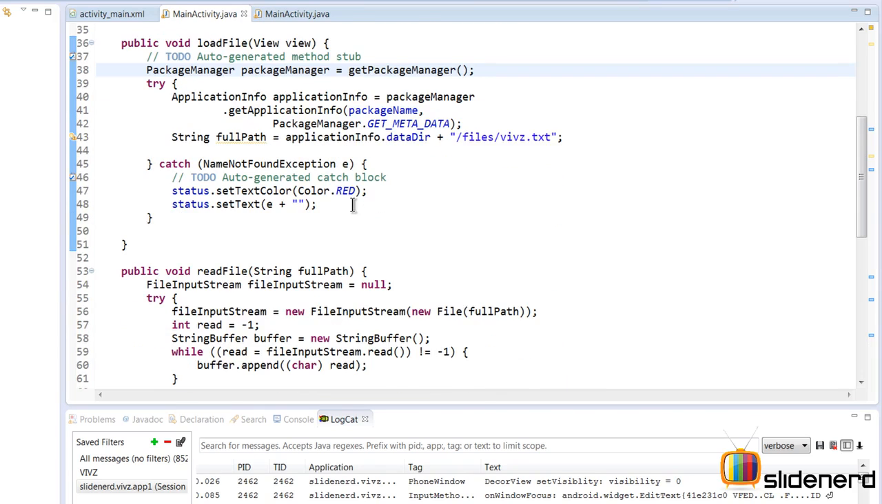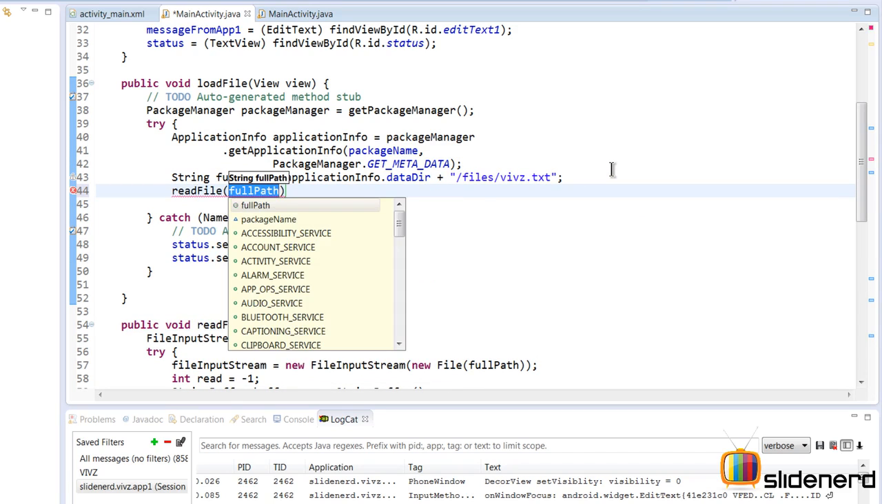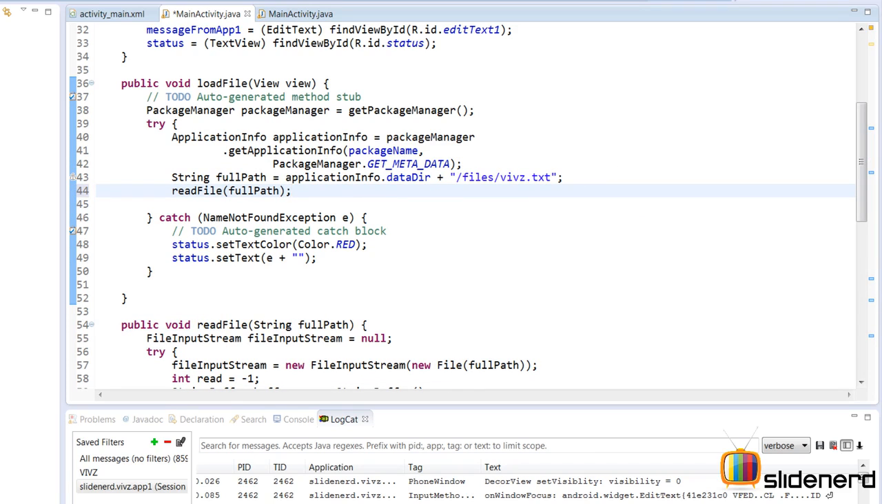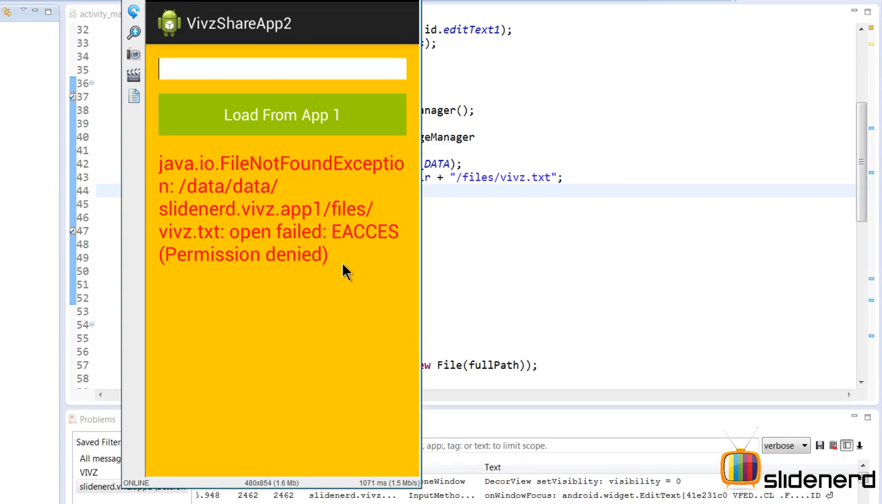There is one thing I have missed, and that would be to call this read file method. Let me do that. Oops, I didn't do that. So here I call the read file method with the full path, and that should do the trick. Let me again run this. So at this point, if I say load from app 1, and if you take a look, bam, java.io.FileNotFoundException,